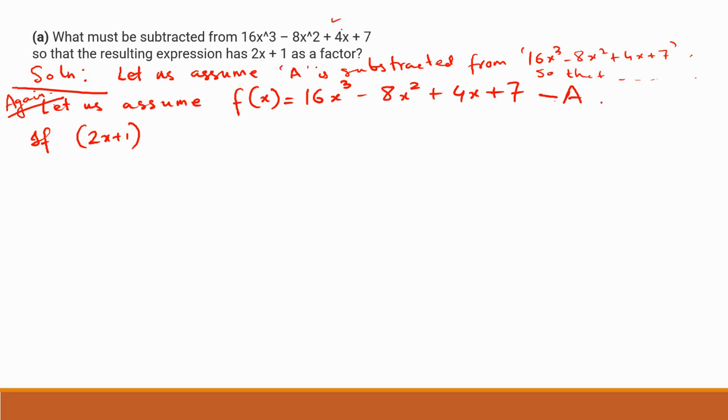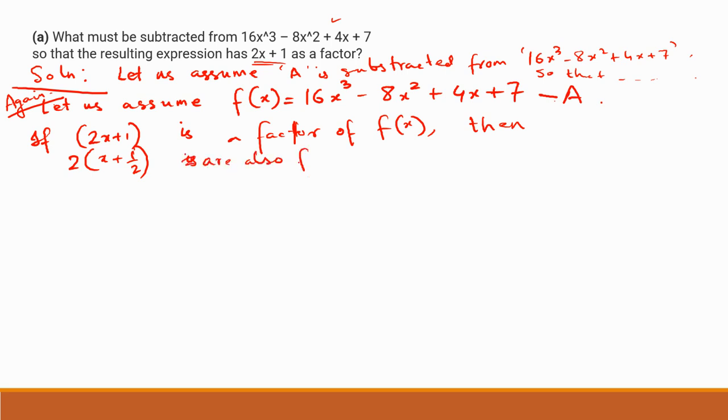Now if you subtract a number, then they are saying 2x plus 1 is a factor, right? So if 2x plus 1 is a factor of f(x), then 2 times x plus half is also a factor of f(x), right? If 2x plus 1 is a factor of f(x), 2 into x plus half is a